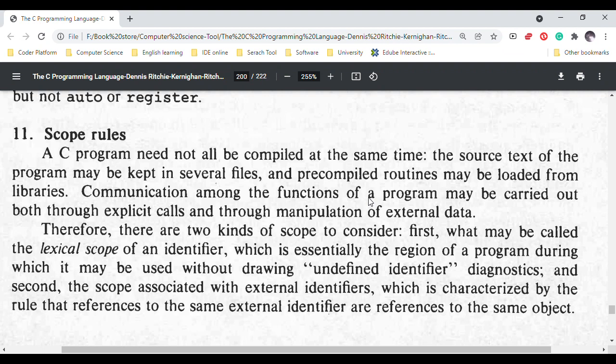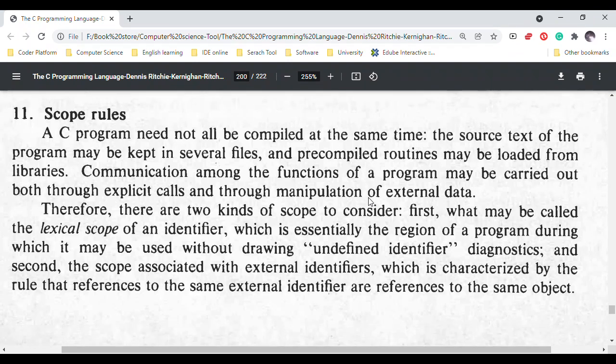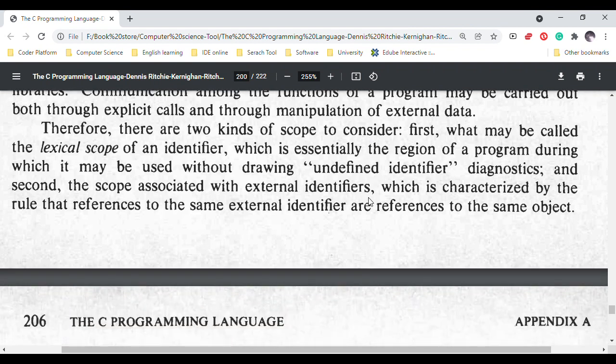11. Scope rules. A C program need not all be compiled at the same time. The source text of the program may be kept in several files, and precompiled routines may be loaded from libraries. Communication among the functions of a program may be carried out both through explicit calls and through manipulation of external data. Therefore, there are two kinds of scope to consider. First,